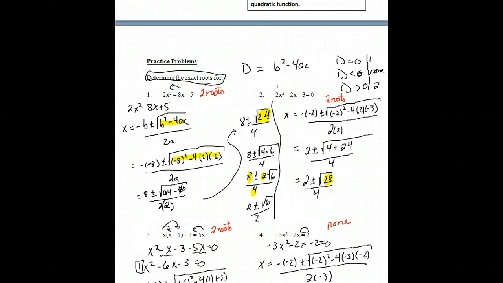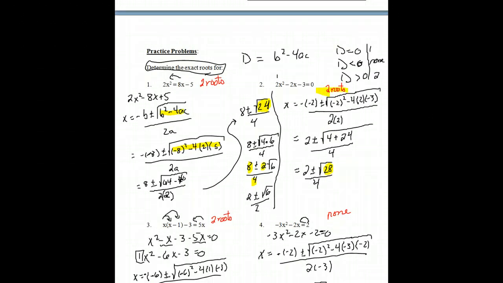The discriminant here is 28, which would tell us we should have 2 roots. And we've seen that from our last video. Here we should not be able to get any roots, because this value is less than 0. Here we will expect to see 2 roots, because the discriminant is 48. Now to finish solving each of these,